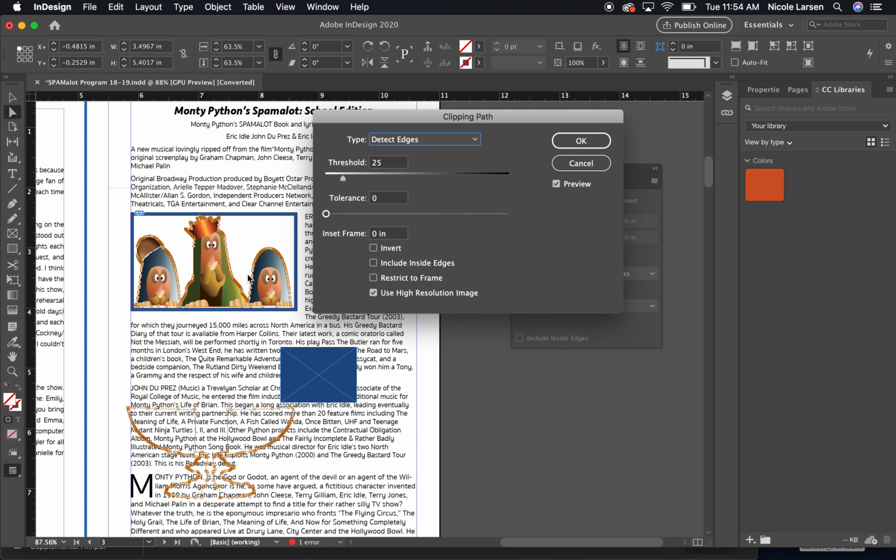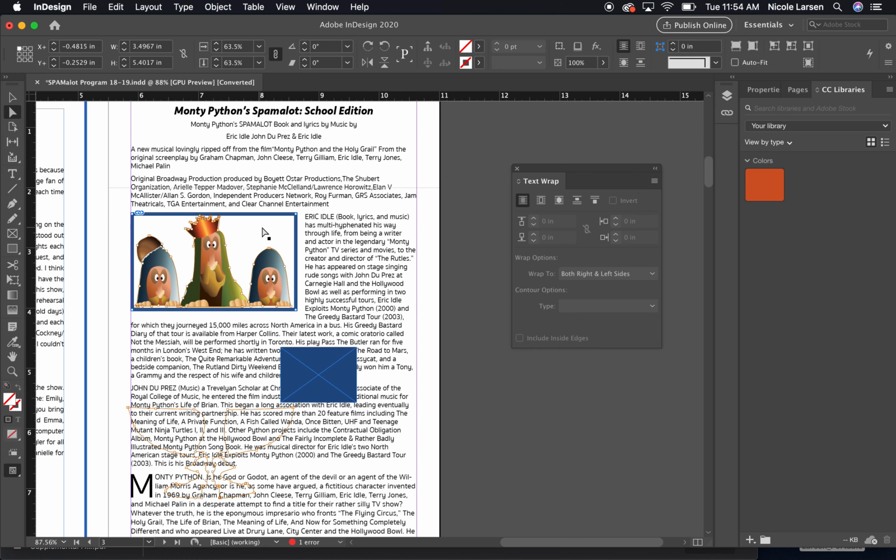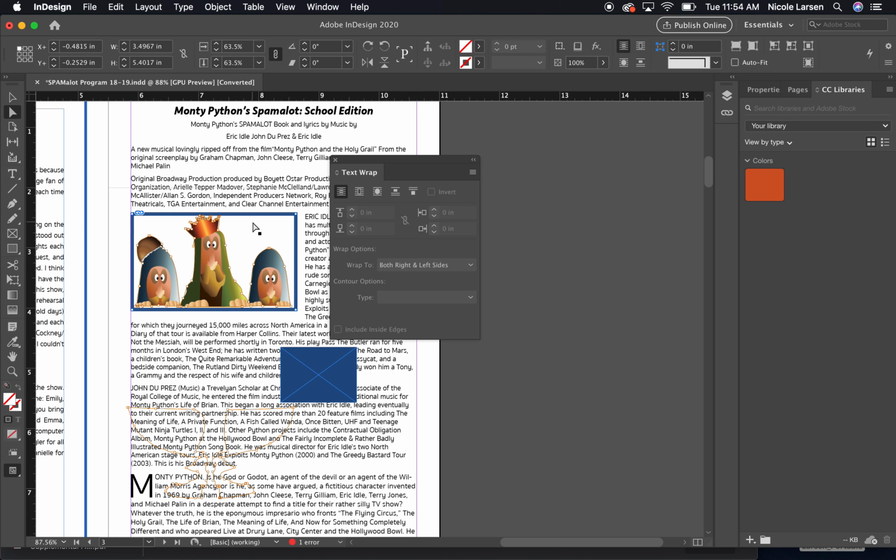So if you go closer, we get a whole bunch of dots. That ends up making the file really big. I'm going to leave it close to where it was at. I think it was at like 2. It just takes some time to get used to and know how to adjust that. So I hit OK. And now what we're going to find is that over on my text wrap, watch what happens